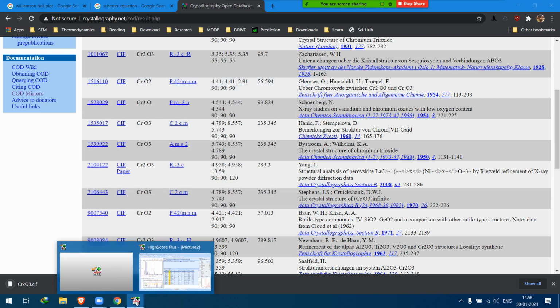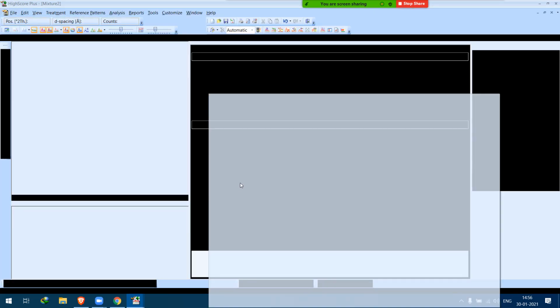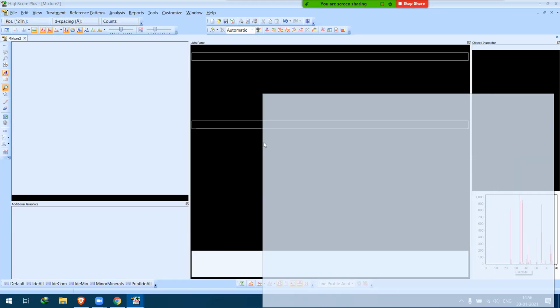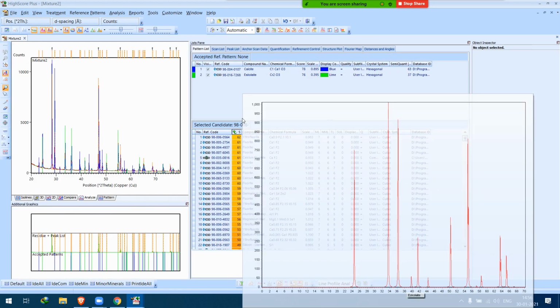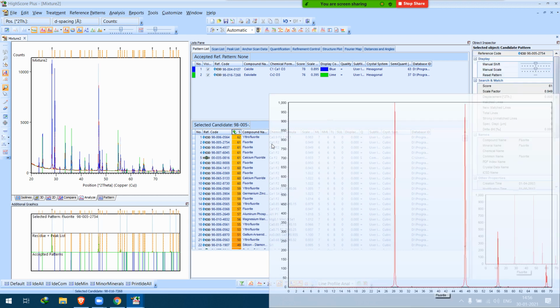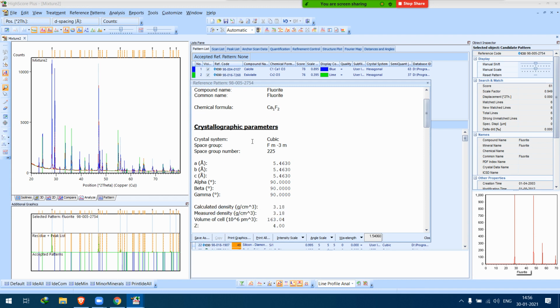Okay, and one more we have, CaF2. So it's cubic, M bar 3M.